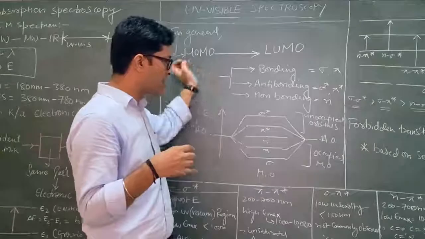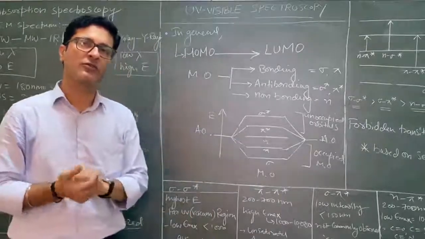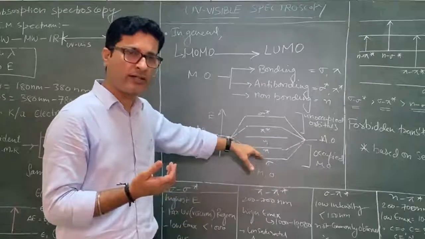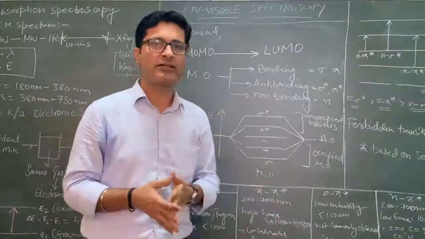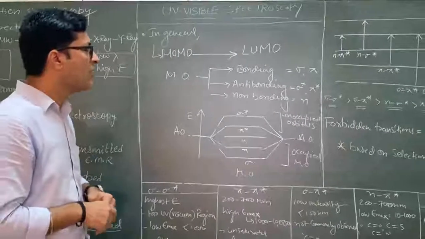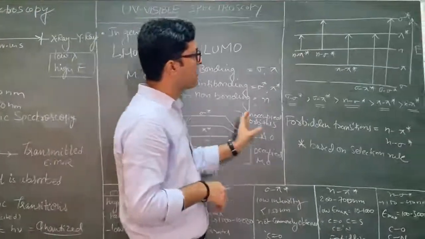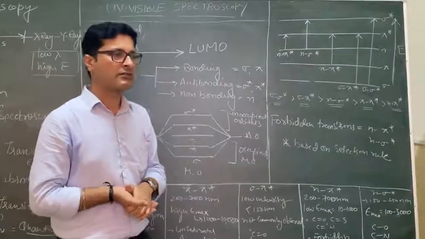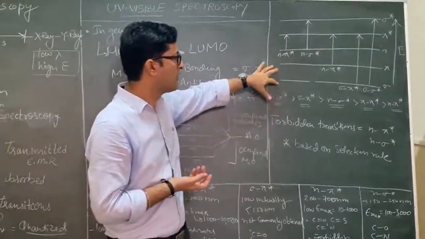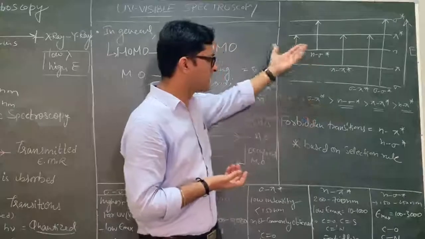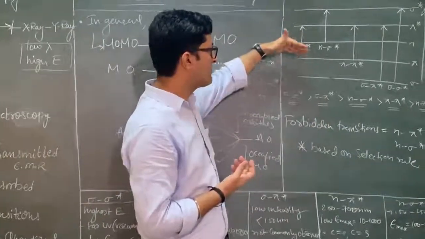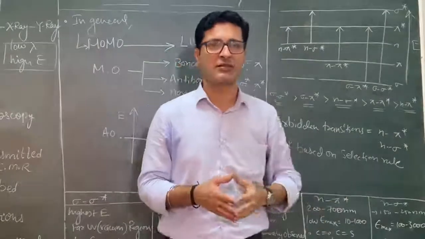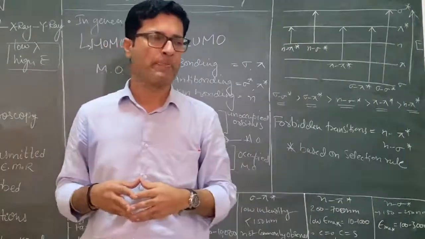So whenever we supply some electromagnetic light in the form of UV or visible, the electron generally gets excited to the anti-bonding high energy state. This can also be represented here. The different types of transitions which can take place are shown in this representation, where the sigma level, pi level, non-bonding level, pi star and sigma star energy levels are designated.